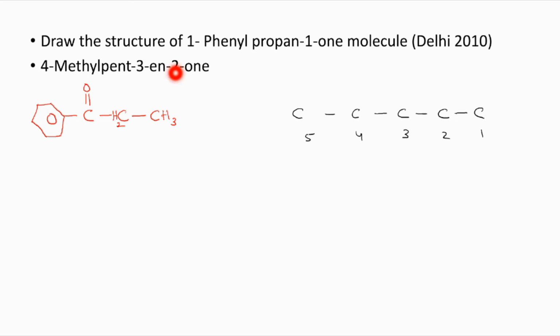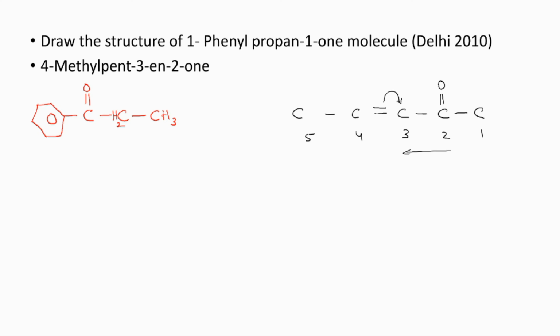Then they are telling that to the second carbon atom one bond is attached. That means a keto group is present at the second position. Then at the third position there is a double bond, so we will have to draw a double bond. See, if we are numbering from here, the double bond belongs to this carbon atom. In the opposite direction you will have to think about. Okay, you know that.